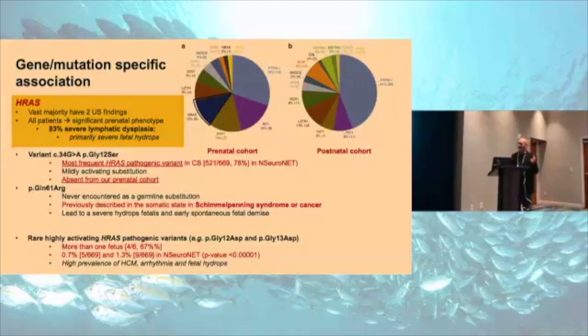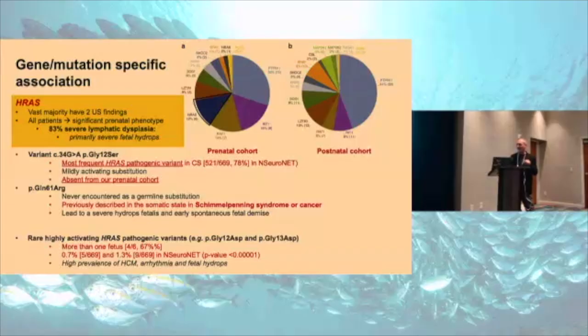HRAS mutations were always associated with very severe prenatal presentations with severe forms of fetal hydrops. The mutation spectrum was completely different from the one that you see at postnatal level. The most common mutations, 80% of Costello syndrome, we never found. But we found a mutation, this one, glutamine 61 arginine, that is never encountered at the germinal level, but is